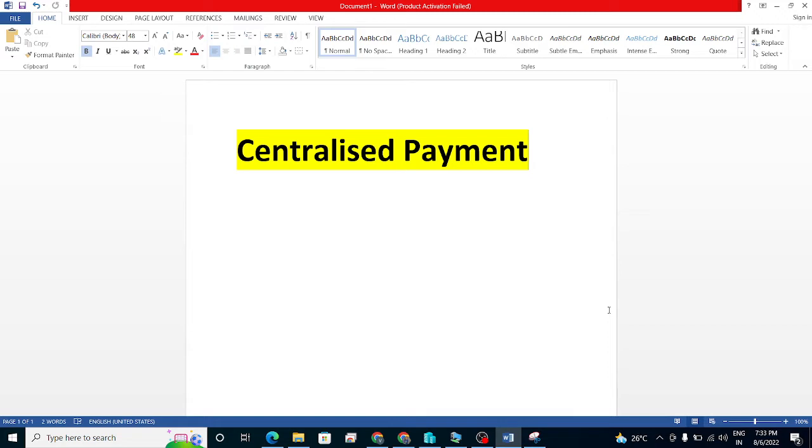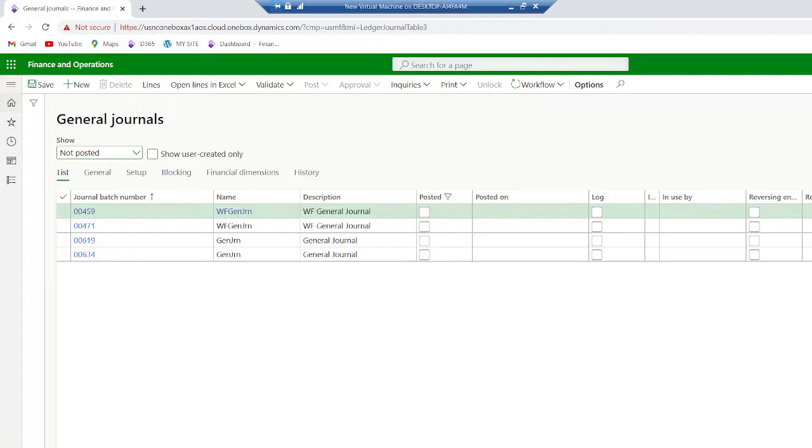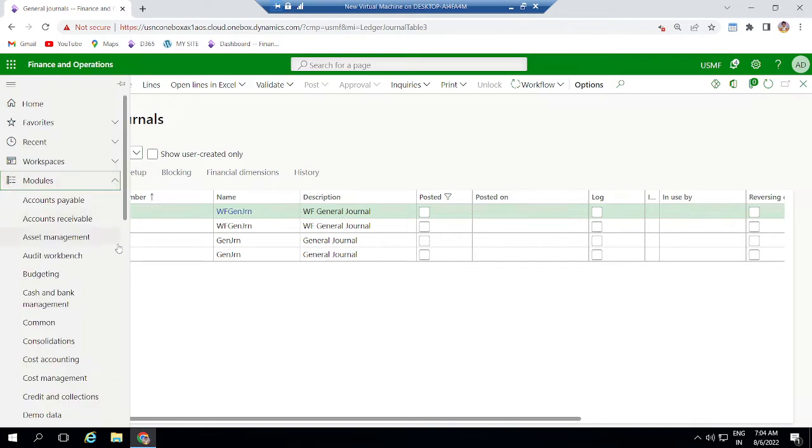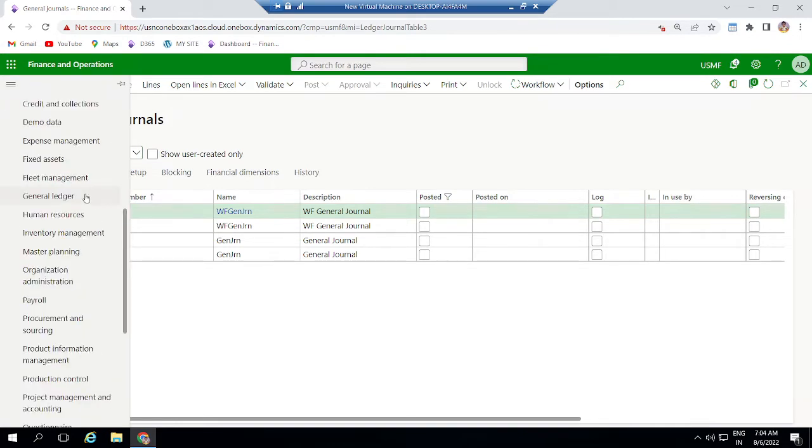So what are the setups we need to do for centralized payment, and what is the output after configuration? This we are going to do in D365. Let's start. So in D365, I am in the USMF company. First of all, to do the centralized payment,